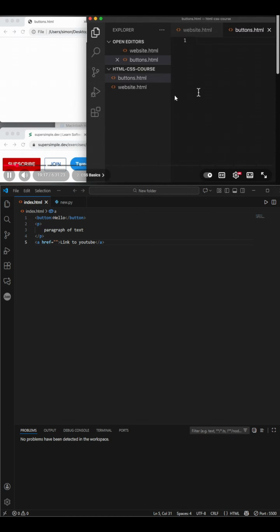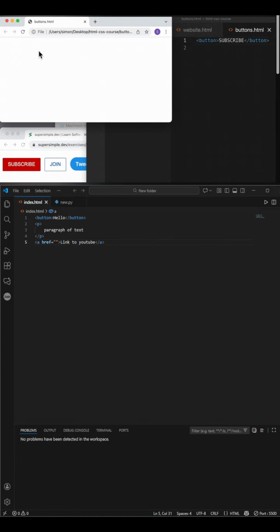So just like we learned before, we're going to create a button using HTML. So less than, button, greater than. And then inside our button, we're going to have the text subscribe. And now let's save and refresh our page. And now we have our button. Next, we're going to